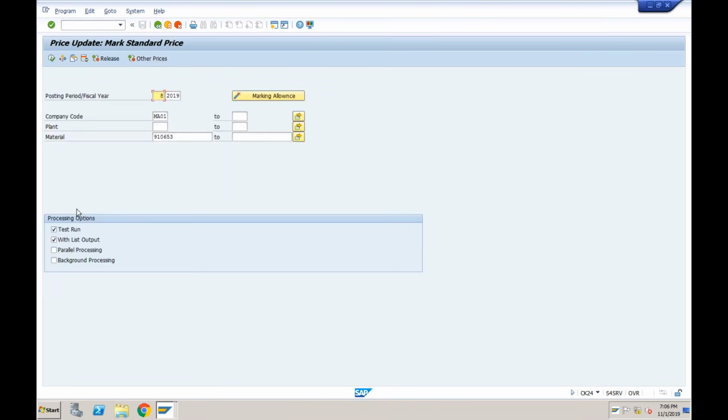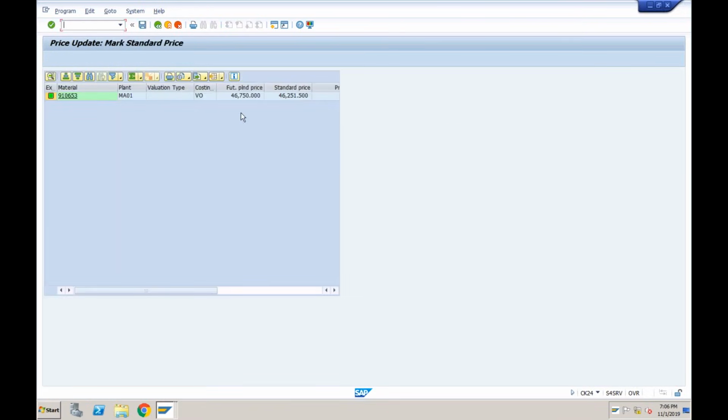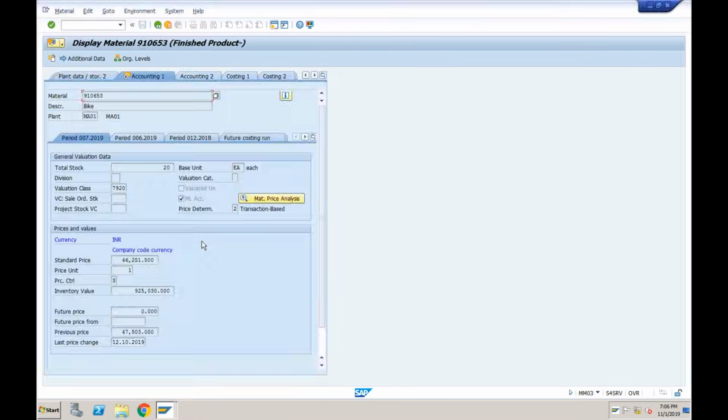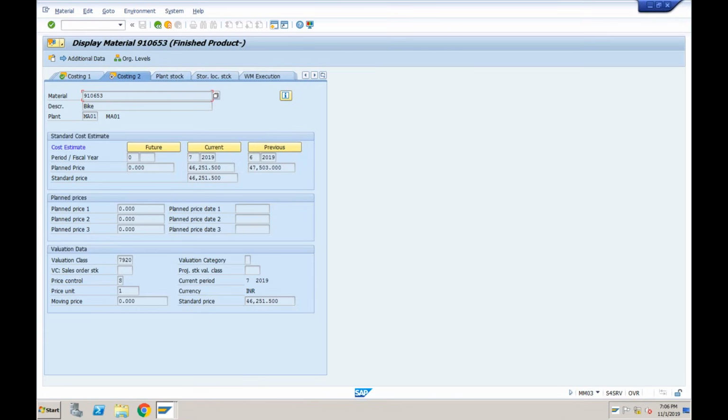So first I need to remove the test run and execute. Okay, so now you can see marking part has been done. So now future planned price is 46,750. But where can I go and see this in the material master? If I go into the material master, in the costing 2 view, you will be able to see that. Let me refresh this. So MM03,